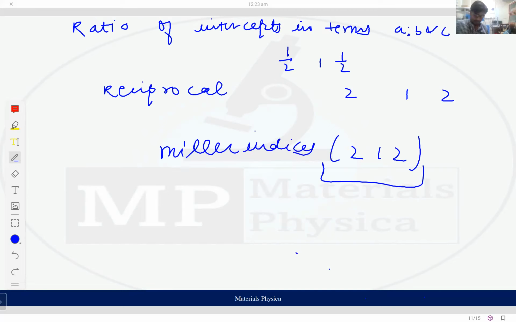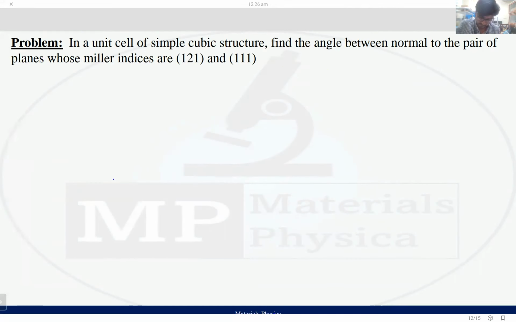Now, let us move on to the next question. In a unit cell of the simple cubic structure, find the angle between the normals to the pair of the planes whose Miller indices are 1, 2, 1 and 1, 1, 1. We have the formula for the angle between the normals to the pair of the planes, which have the Miller indices h1, k1, l1 and h2, k2, l2, given by